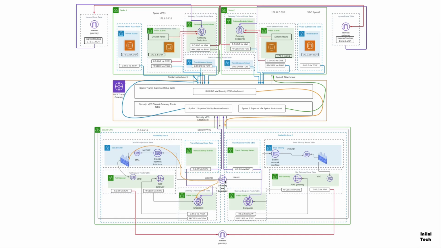The firewall inspects the traffic. It returns the traffic to the gateway endpoint after processing. The gateway endpoint looks up the destination and determines that this is going to unknown destinations. The gateway endpoint route table is configured for quad 0 to point at the NAT gateway. The NAT gateway gets the packet and does its network translation. It then ships the traffic out, and sends it out to the internet through the internet gateway.